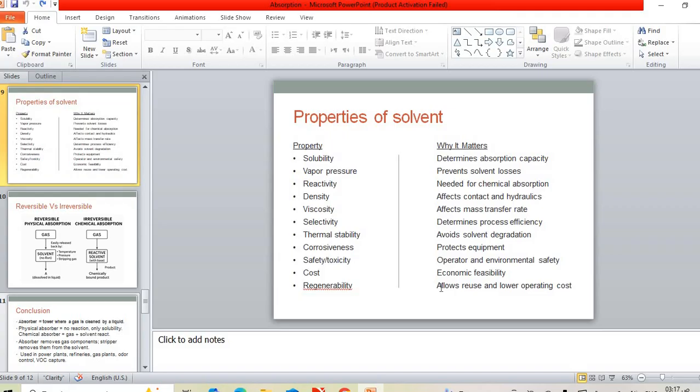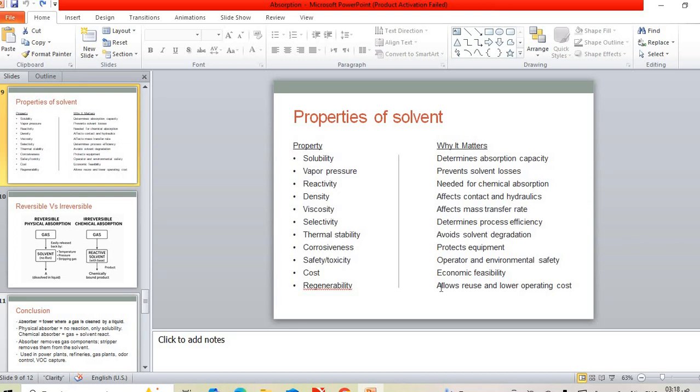so the mass transfer or solubility is going to be at a low rate. Of course, selectivity: the solvent should select the gas that needs to be removed from the mixture of gases. And thermal stability, of course, to avoid solvent degradation, because we need the solvent to have a good lifetime and stay for a long period of time, which saves operating costs. And of course, low corrosivity,